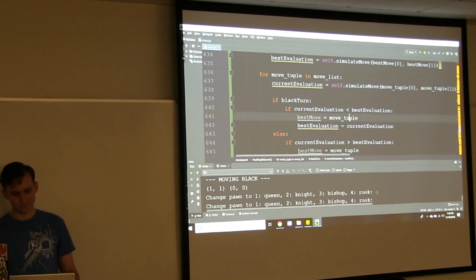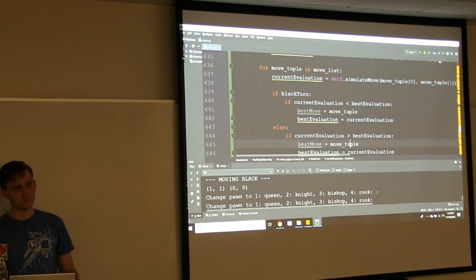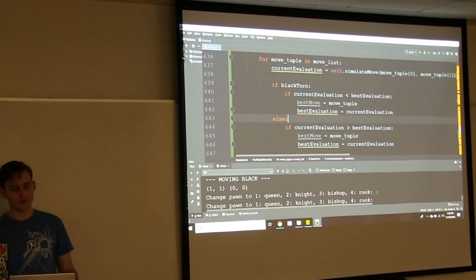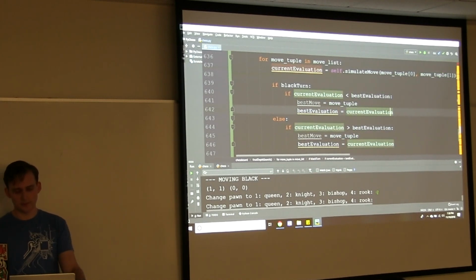But you need a separate equals case. As in, yeah, if less than, replace; if equals, then flip a coin, maybe replace. Will it be common that there's a tie in the evaluation? I can't hear you. Will it be common that there's a tie in the evaluation? Definitely at the start of the game. We were experiencing that a little earlier.